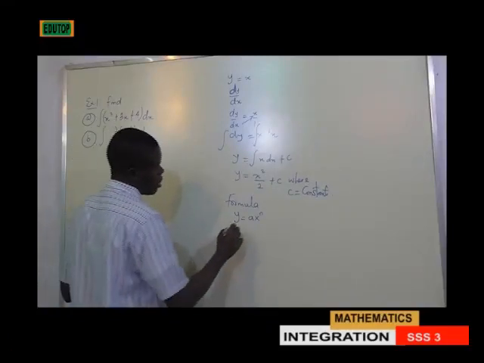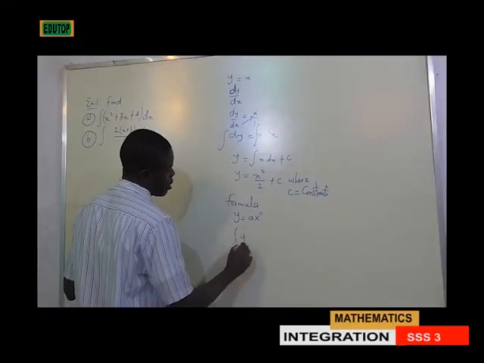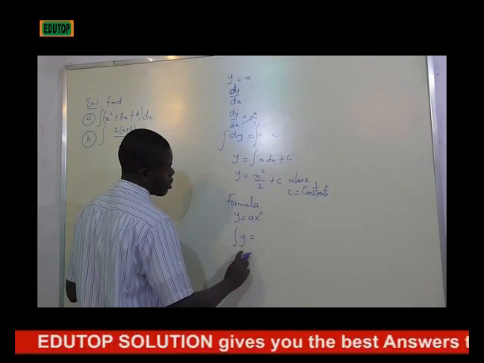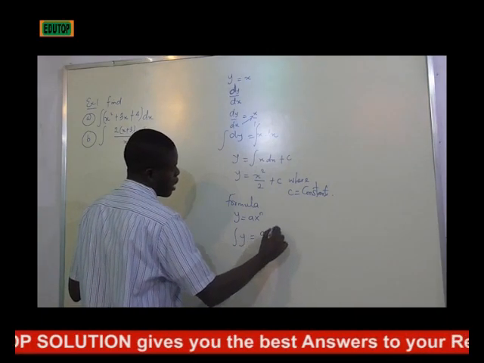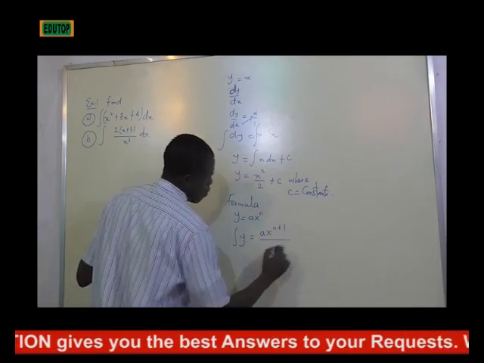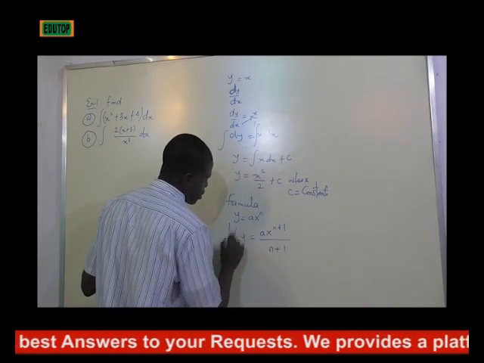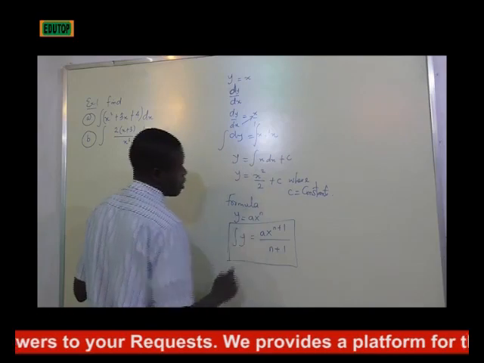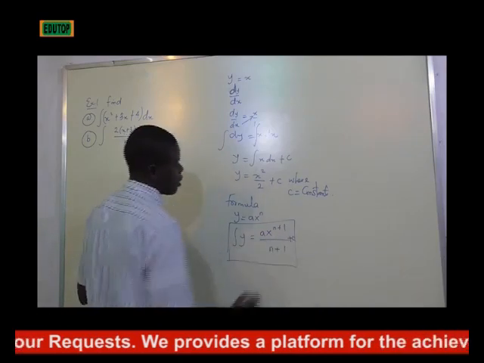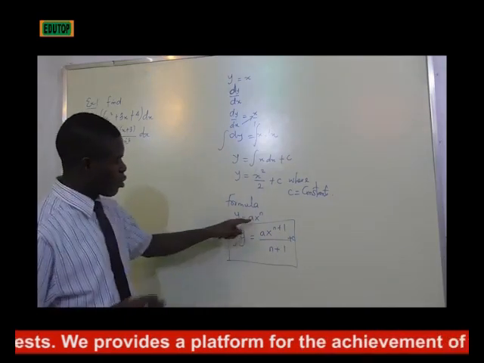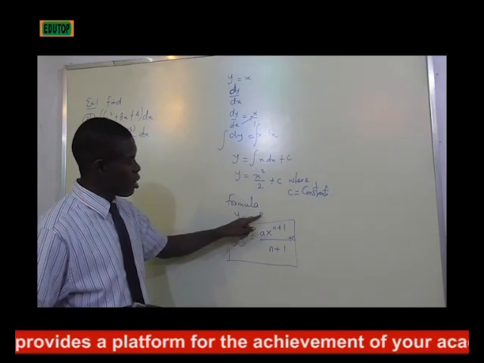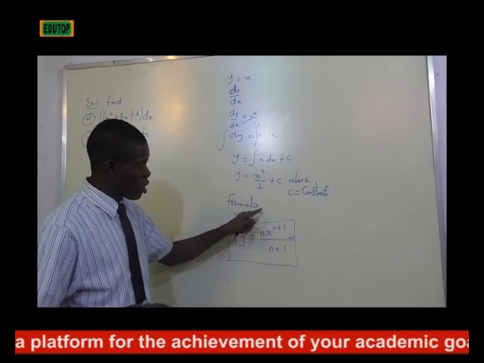This way. Then integrating this will give us ax^(n+1) over n plus 1. And this formula is very, very important. Integration, plus c, put it there. So if we have to integrate this, we add 1 to the power, we transfer that down